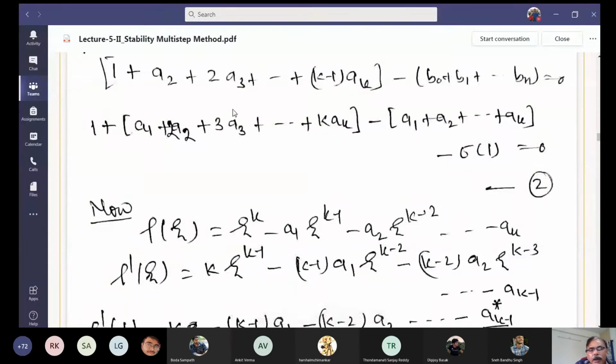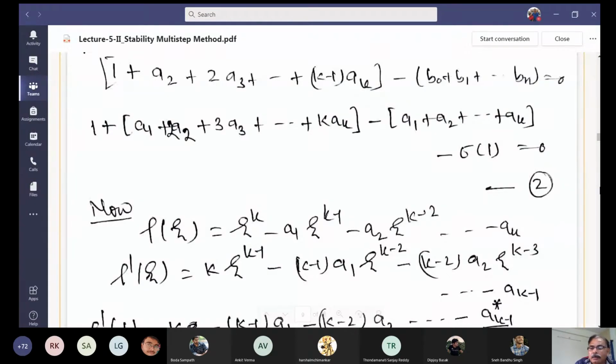2a3 is there. So I add one more a3. So add one a3 and subtract one a3. So next is your a3 and so on so forth. It is k minus 1 ak. Add one more ak, so it will be k ak, and one ak is added here. So one ak is subtracted here. So it is the same thing. Both the expressions are same. Minus sigma 1 is already there.